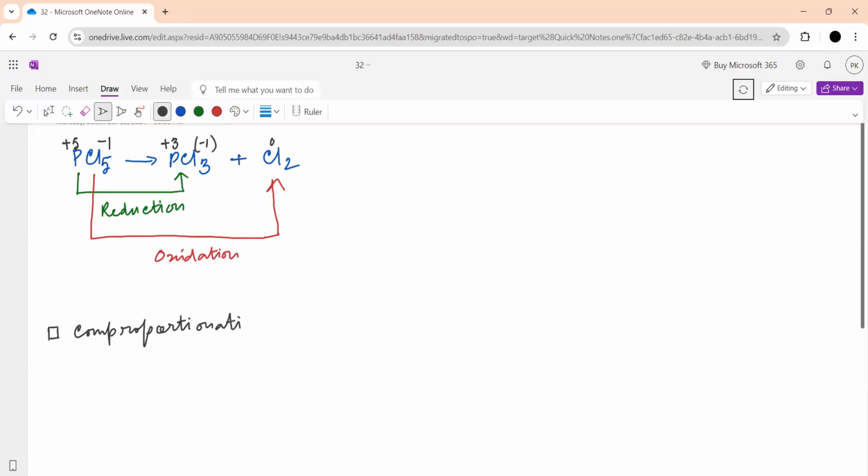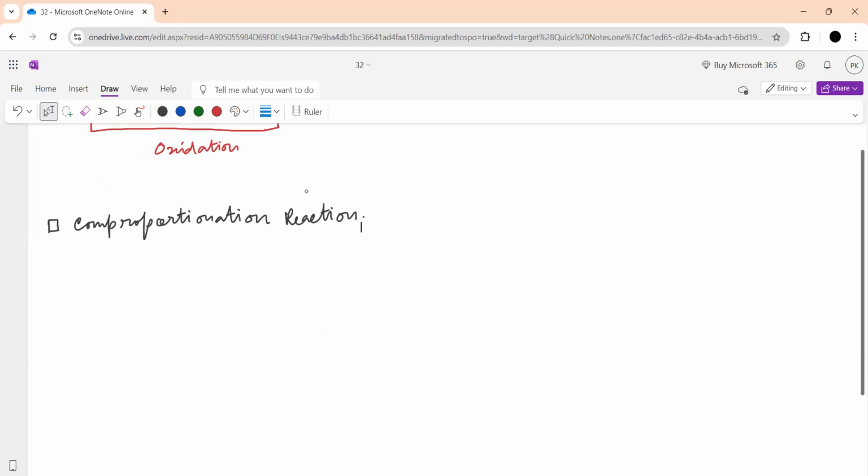So what is a comproportionation reaction? It is like Na plus H2 give rise to NaH. Not the definition. Can you just explain in general terms, not with a specific example? That's what is happening here. It's like a reaction in which we are supposed to find out